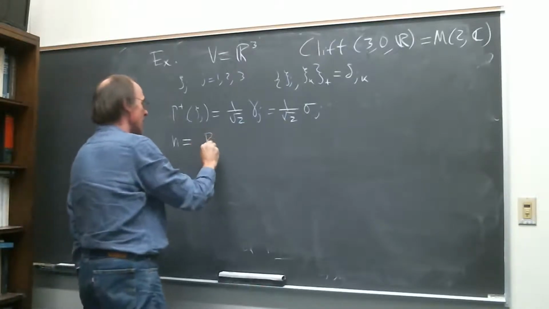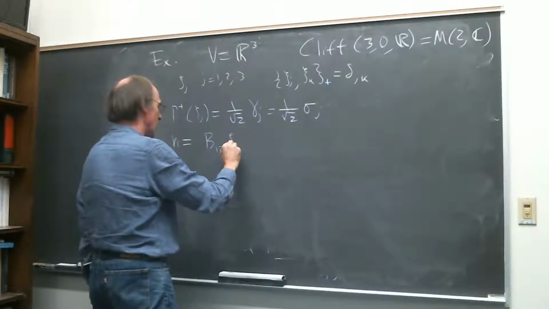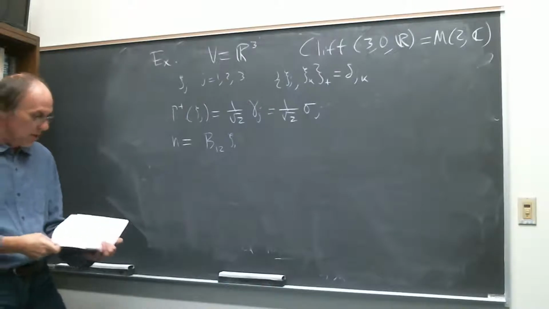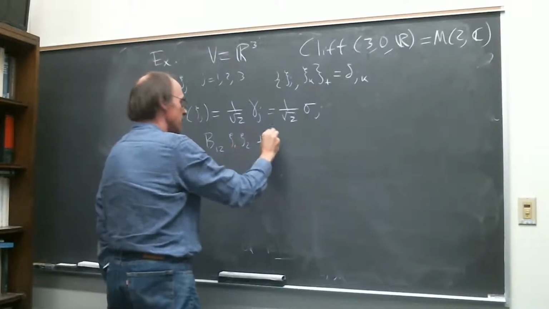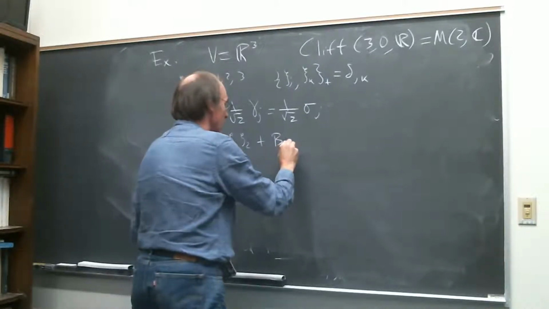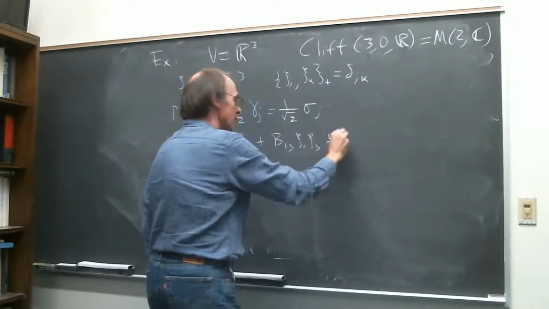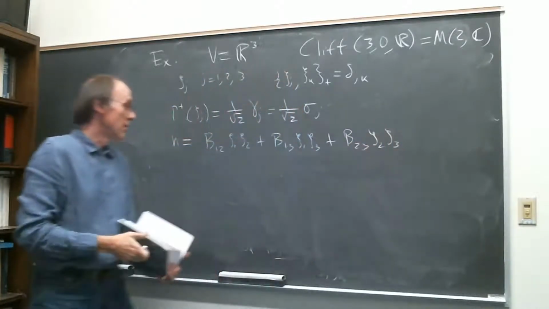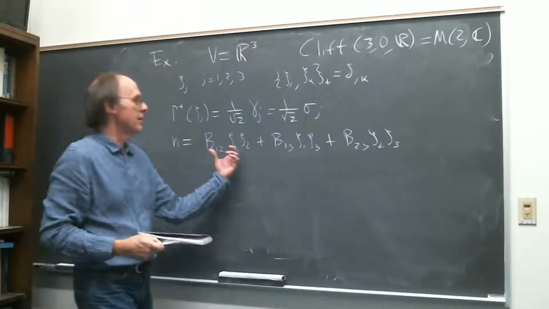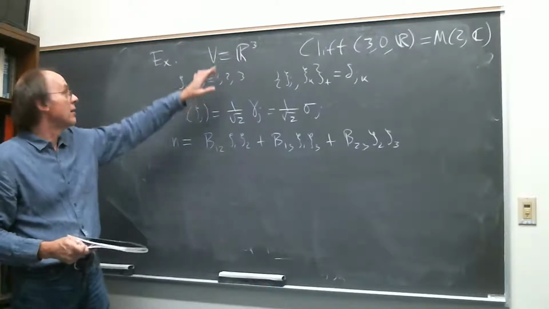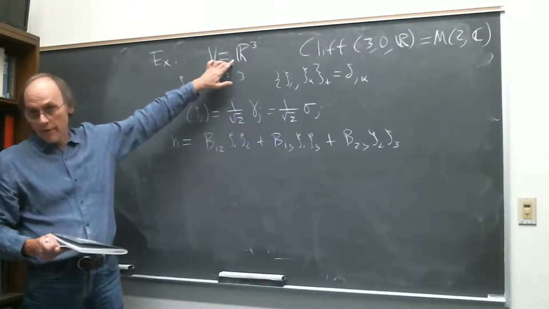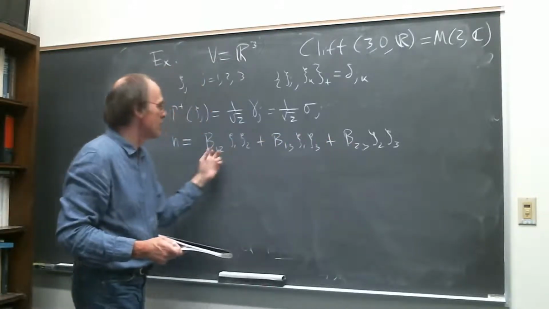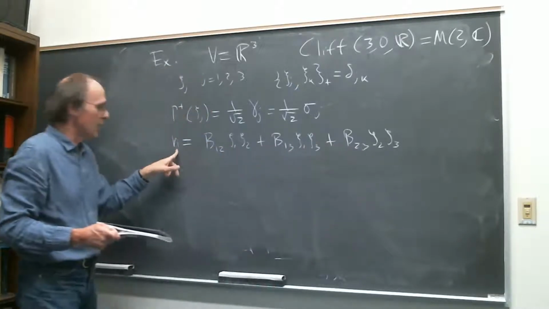So it's going to be some number b12 times gamma 1 gamma 2 plus b13 gamma 1 gamma 3 plus b23 gamma 2 gamma 3. Okay, so this is now a quadratic thing in the anti-commuting functions on this phase space,